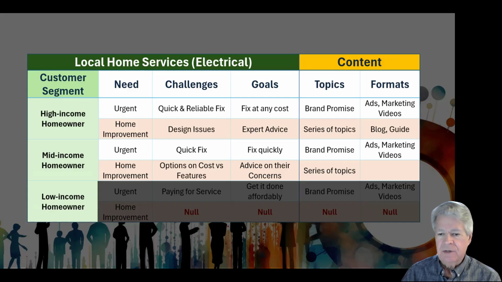Once again, a series of topics can best address these concerns, but it would be a different set of topics than those mentioned before. When it comes to content, these topics would focus on educating homeowners, including first-time homeowners, about common electrical issues found in homes. These can be created on a regular basis, just as before, as part of a company blog or as a downloadable guide. You could mix these topics in with your other blog topics or design a separate downloadable guide to